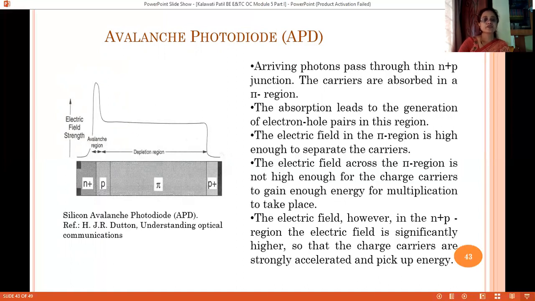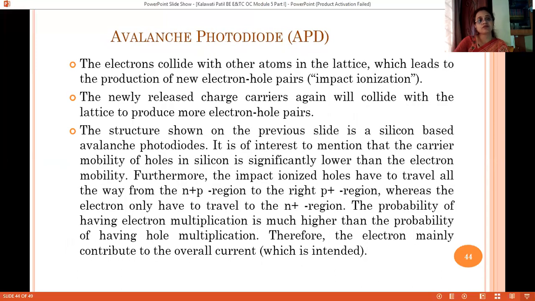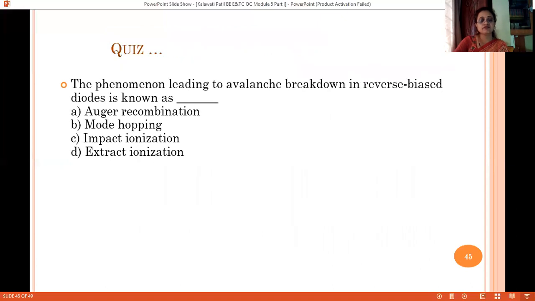This is how the multiplication of electrons takes place and we get the increased photocurrent across this avalanche photodiode. So this is the working principle of the avalanche photodiode, which was basically designed to get increased photocurrent from the photodiode. And this is the explanation for that photodiode, which you can go through.